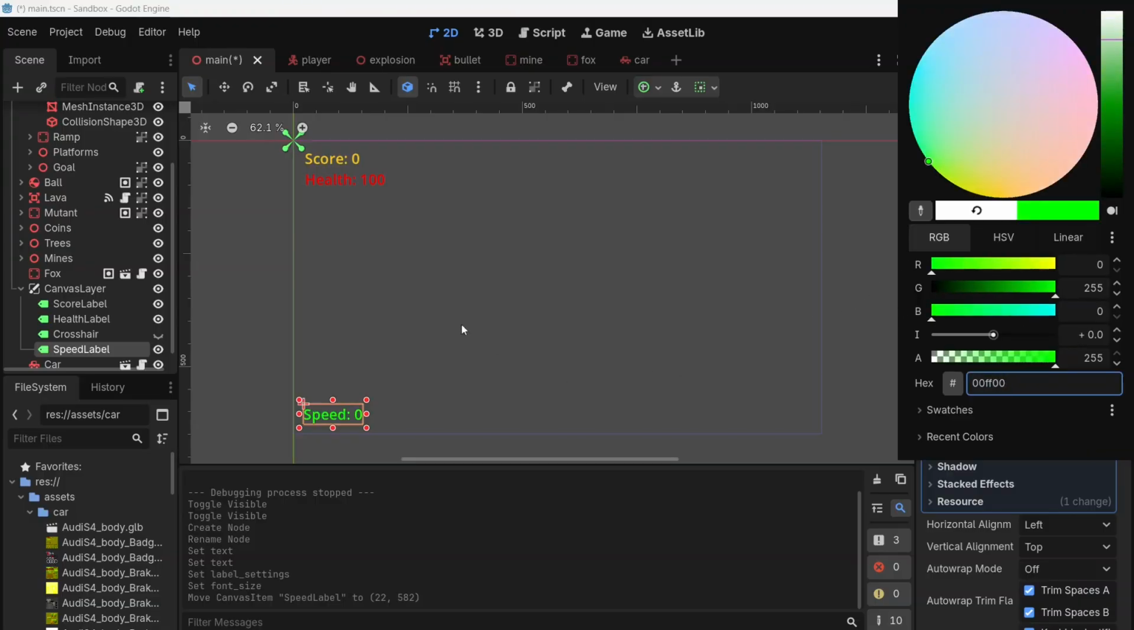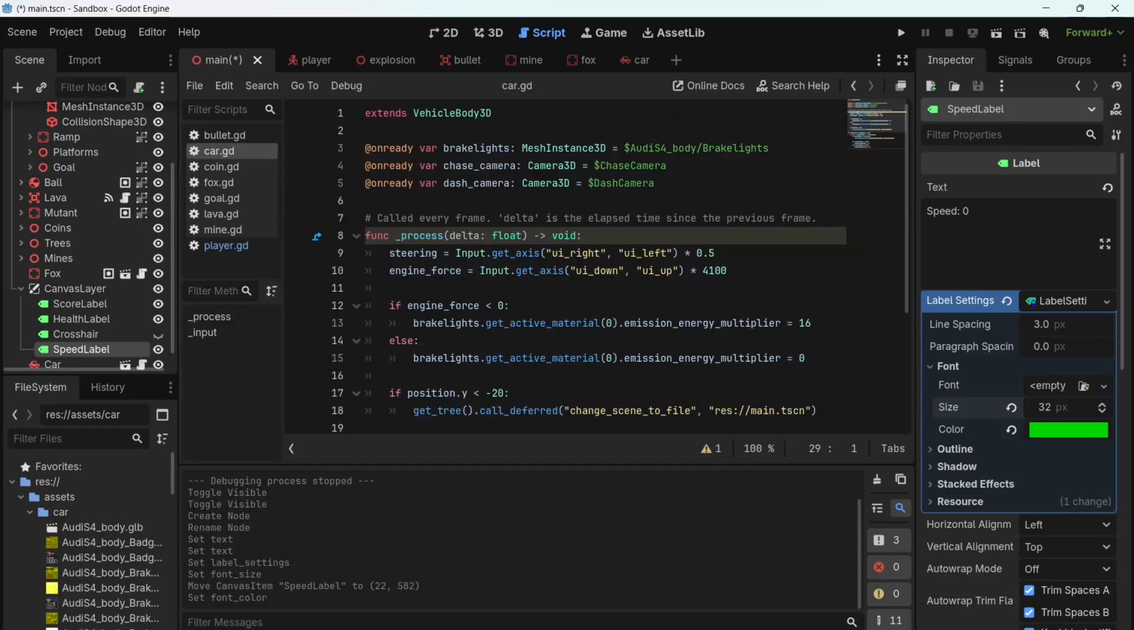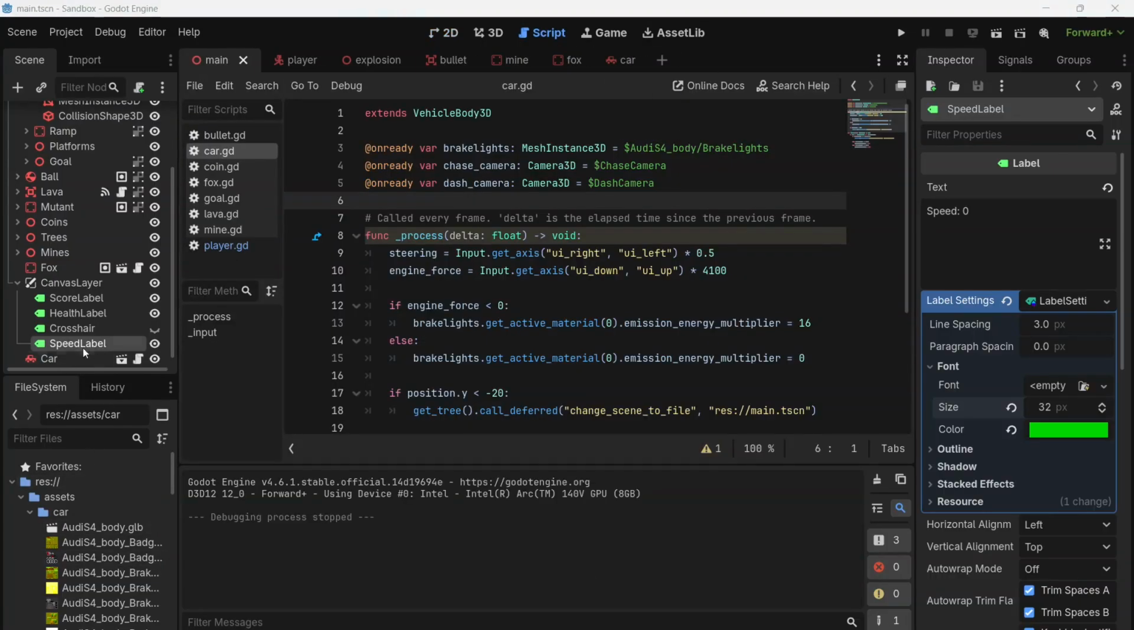Have a bit of variety. We've got 3 different colors in our game. Maybe not quite so vivid a green. Now I'm just going to edit this from the script, which means I need to grab a reference to my